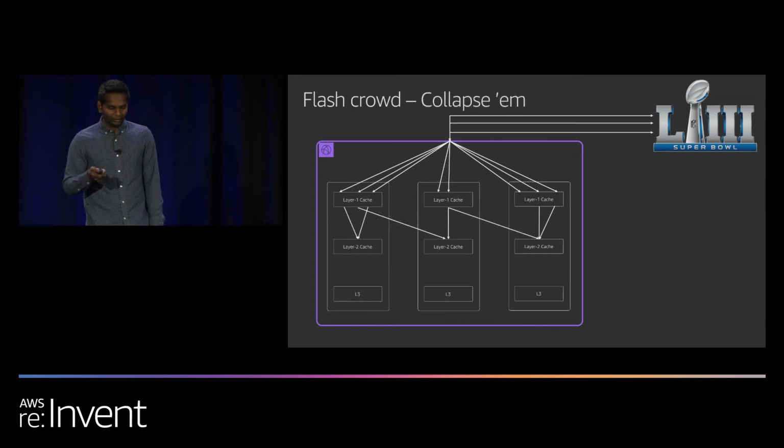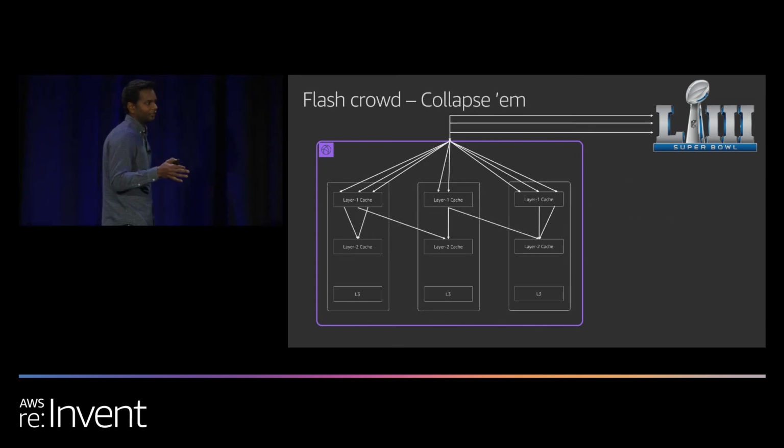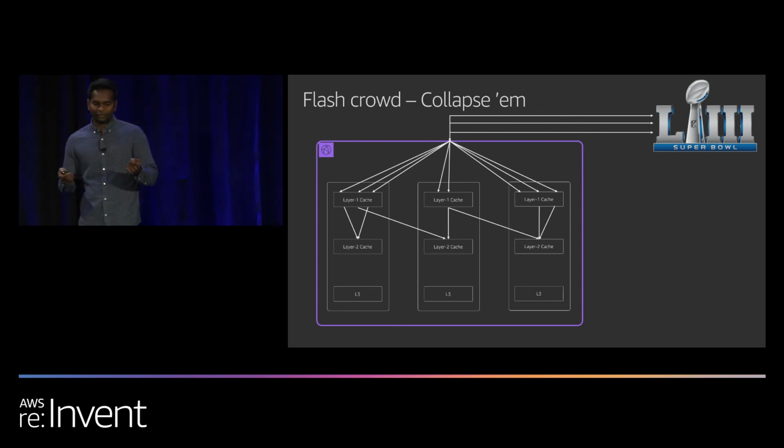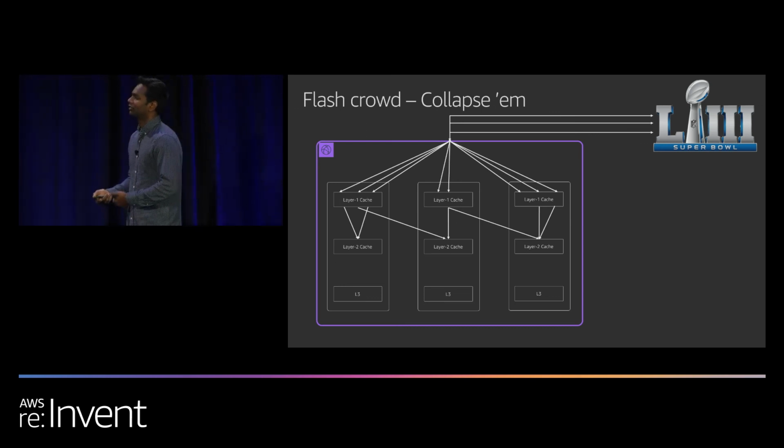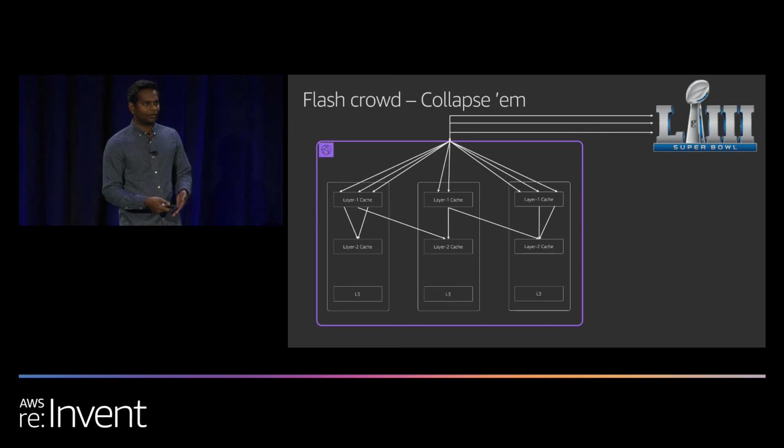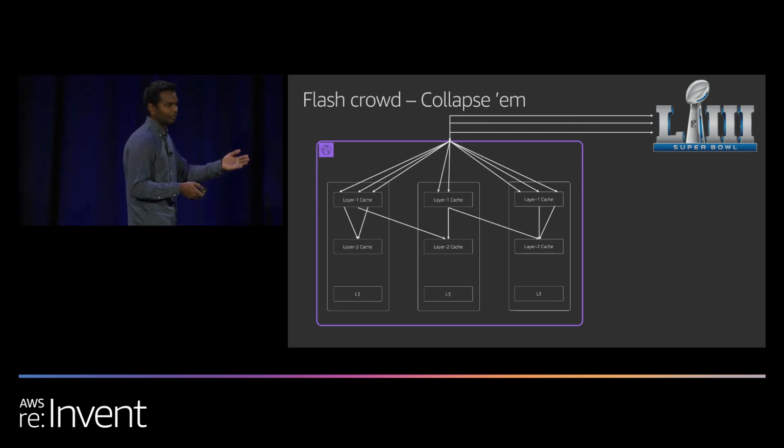So that's great. But this is the first time that our viewers are watching this video, so nothing is in the cache. All these requests have to go down to the origin to get the content back. But if we forward all these requests down to the origin, we're going to see the same problem that we saw in the L2 server.